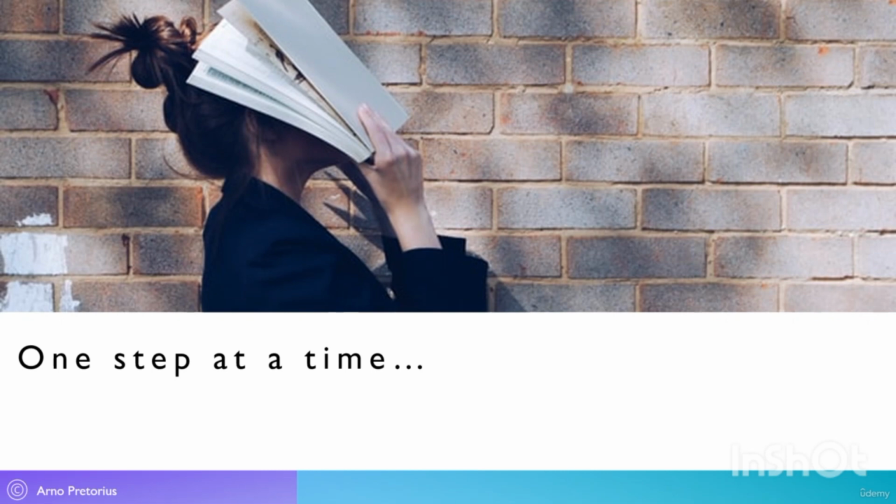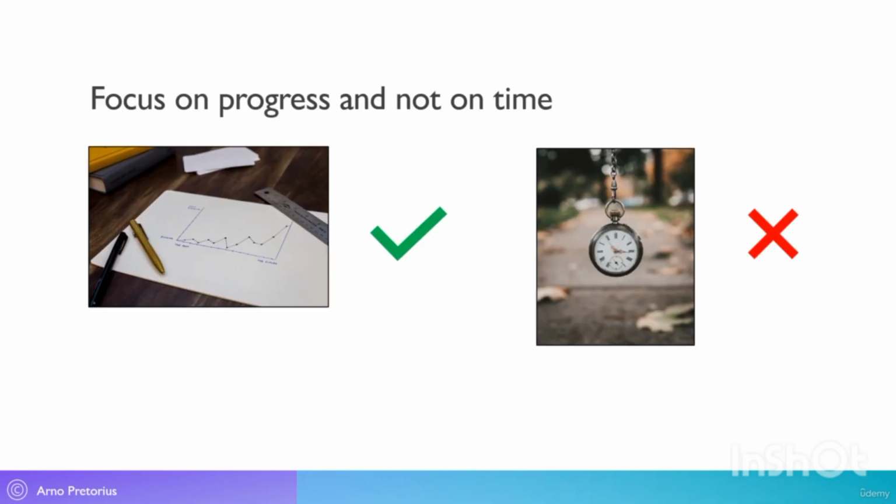So it's best to rather keep it at a slow pace. Okay, another thing that I want to discuss, which is very important, is to try and focus on a progress-based approach and not a time-based approach. So what I mean by that is, have some pride and be glad for what you've learned in the